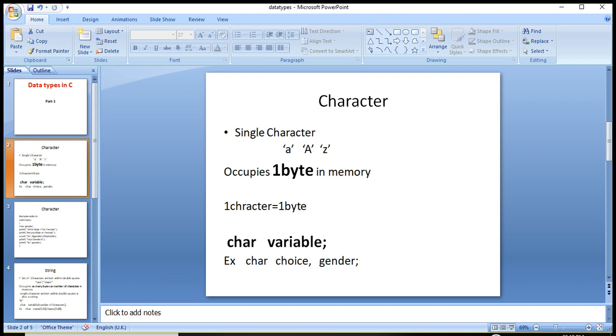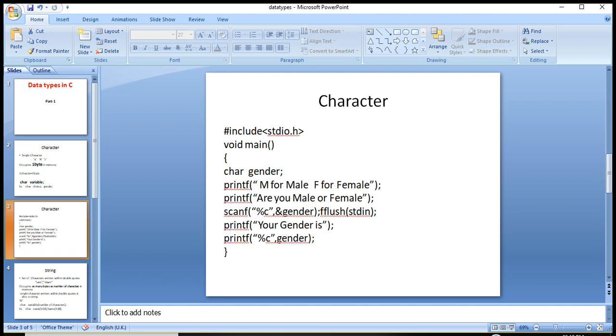The C compiler always places a special symbol at the end of each string. Like the first string we have taken, Ram: the fourth character will be null, \0. It is hidden. A special character is kept at the end of the string.